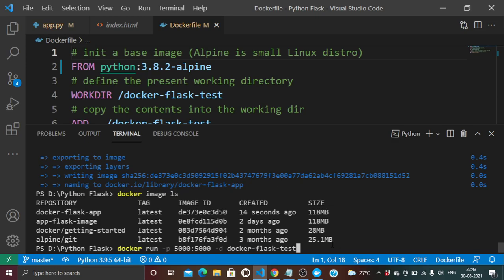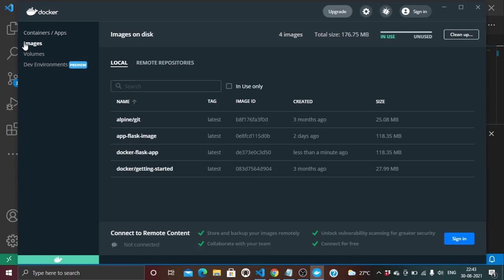We have to change our image name, that is docker-flask-app. You can find that after creating the image, it appears over here, created less than a minute ago. This is that image, docker-flask-app.